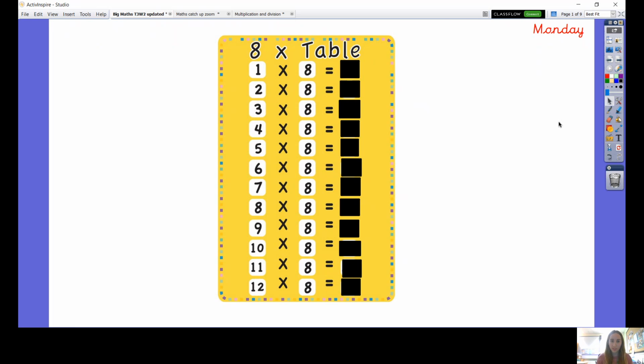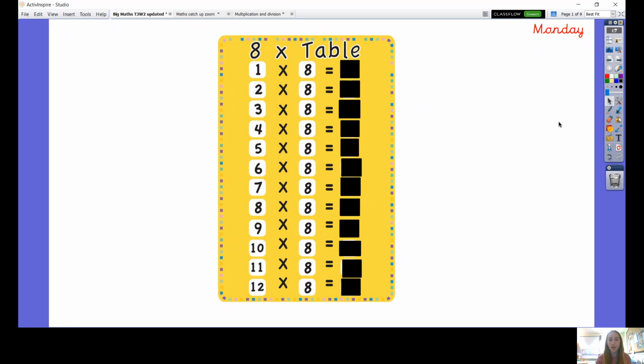Okay, so each week we're going to practice a different times table as well as doing our usual big maths throughout the week. And last week we were practicing the 9 times table, and this week we will be looking at the 8 times table. So first of all, what I'd like you to do is just have a look at that 8 times table